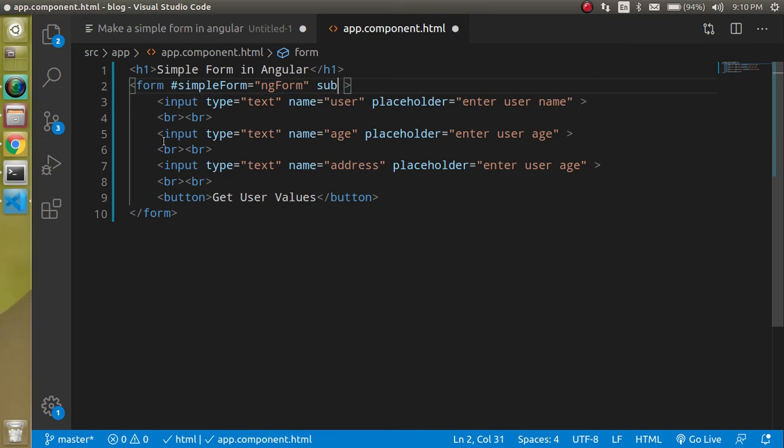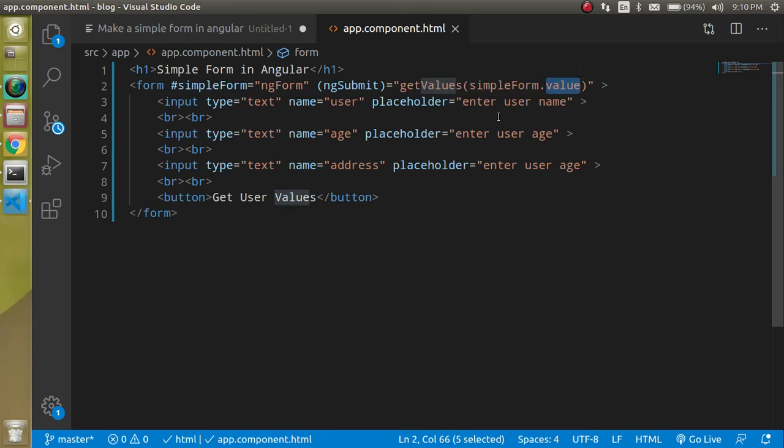Now we have to make an event which is ngSubmit. And here we will call a function like getValues or something, and in this function I am going to pass the value for simpleForm.value. That means the name of this form, or you can say the id of this form, dot value.